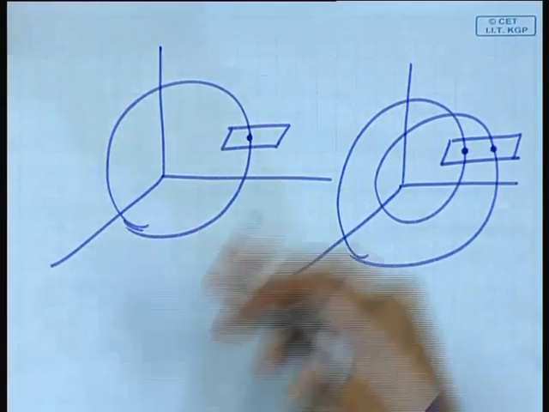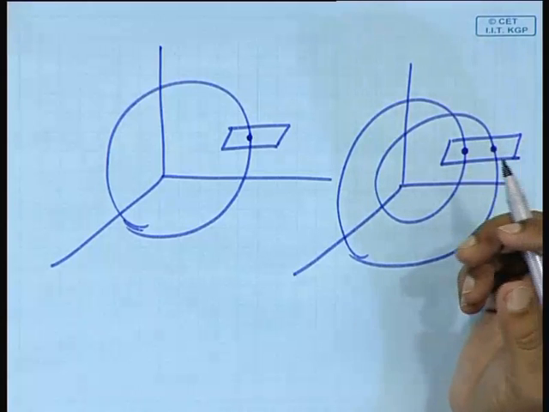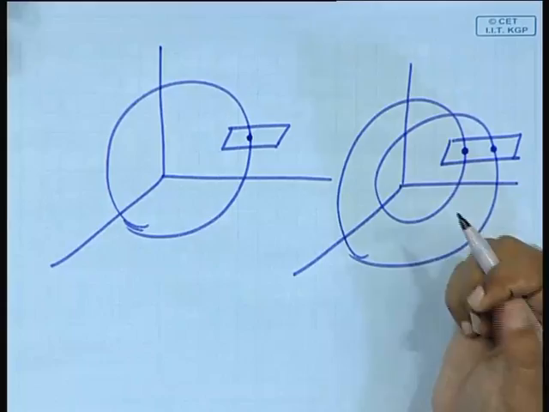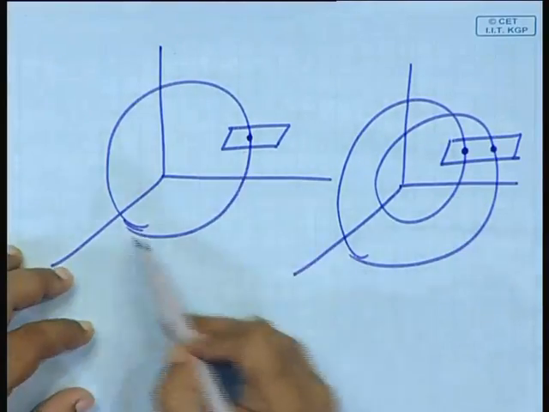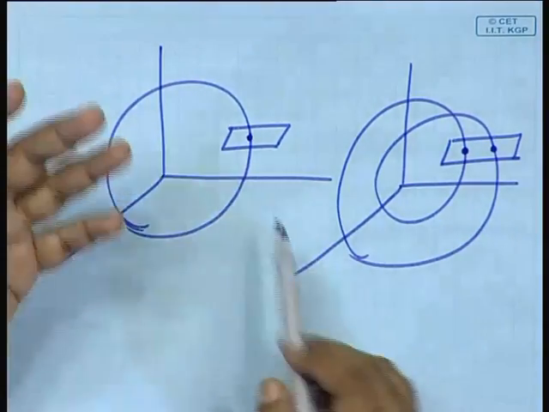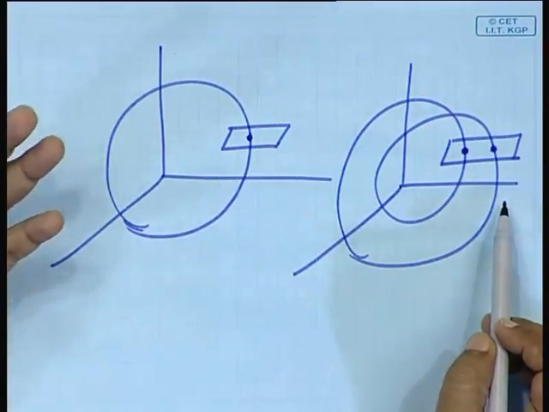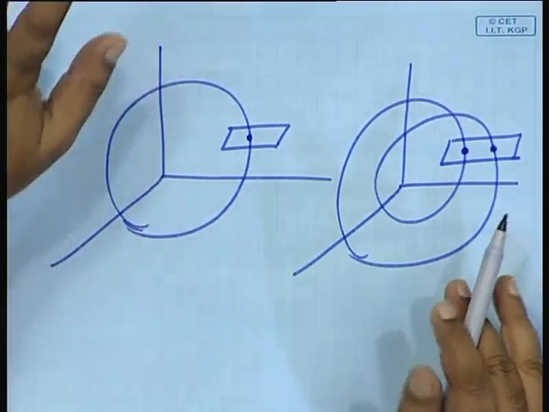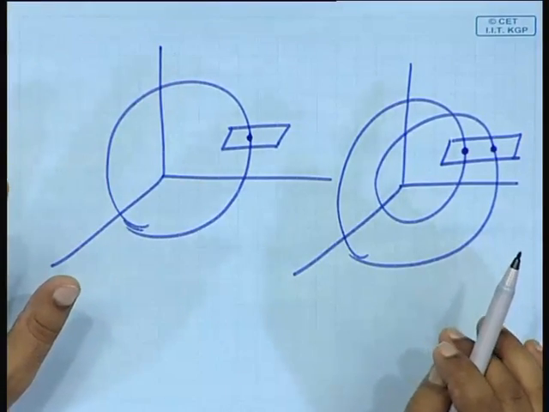Supposing you have got a period 5 limit cycle and you place a Poincare section, what do you see? 5 points. Fine. So, this means that the character of the orbit is completely captured on that Poincare plane. By looking at what is happening in the Poincare plane in steady state, you can infer the character of the whole orbit. Is that correct?